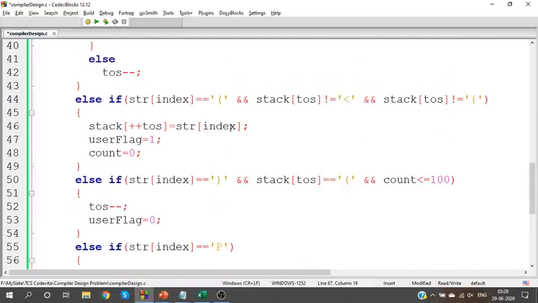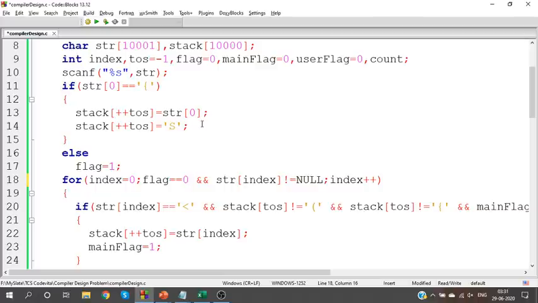Okay. So we'll check whether there are any errors we can find, and then we can execute the code. Here, since we have checked the 0th index already, it is sufficient to start from the first index. The 0th index is checked already. Don't recheck the 0th index. The loop will start from the first index.